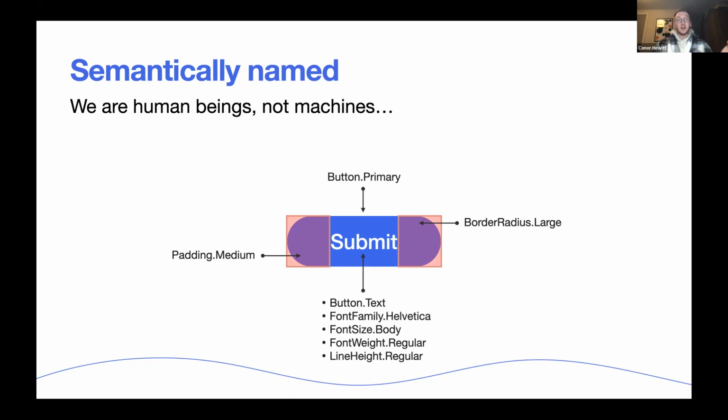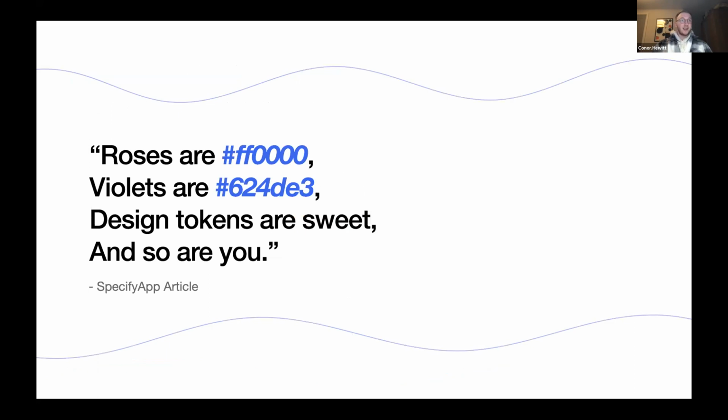Which leads me to a little bit of a quote. I've used a couple of quotes throughout this presentation, so bear with me. But this quote helped solidify for me the importance of semantic naming and why design and development communication sometimes breaks down. Roses are